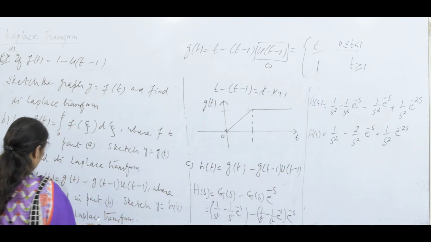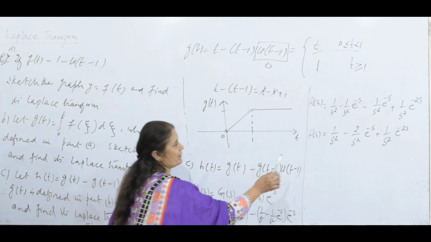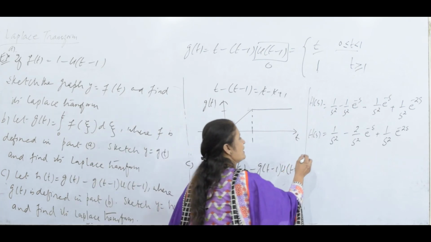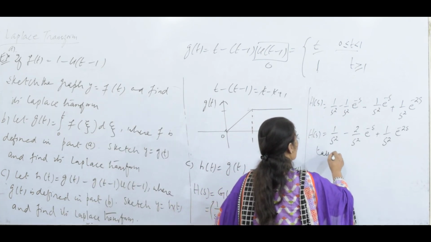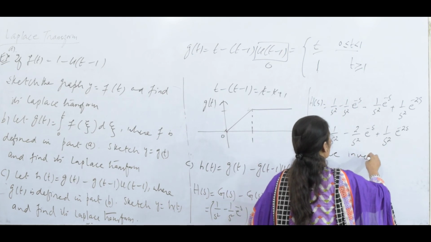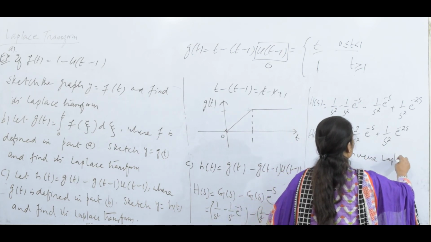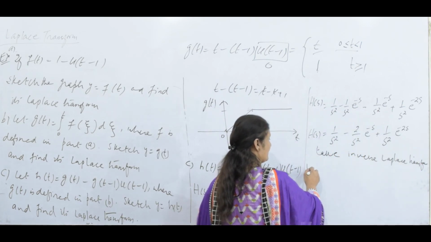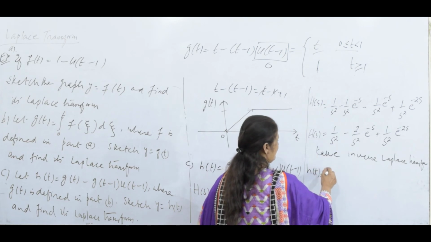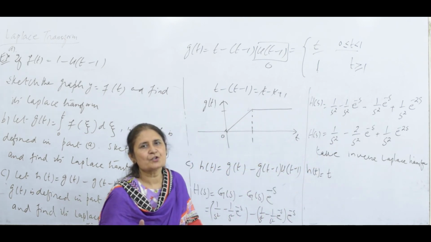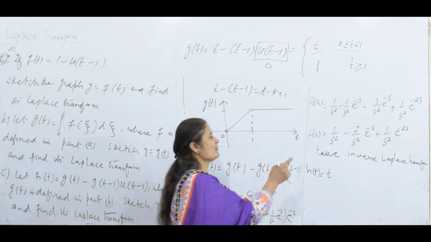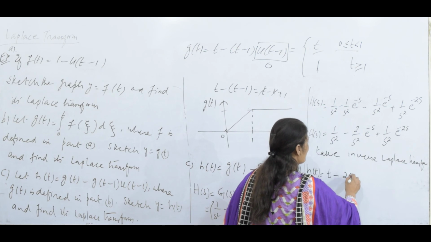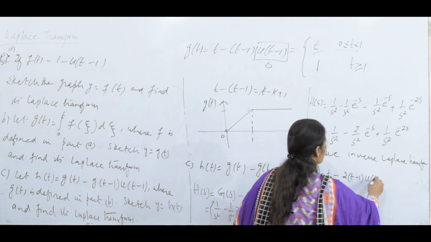He said find the Laplace transform. We have finished one part. Now we have to sketch. For the sketch, we have to take the inverse Laplace transform. Once you have a function of t, then you sketch. The Laplace of t is 1 over s squared. So the inverse Laplace transform will be t minus 2(t minus 1) unit step (t minus 1)